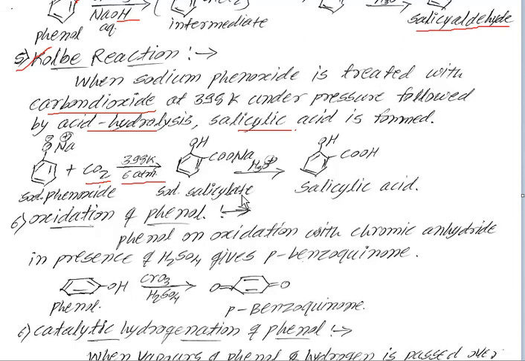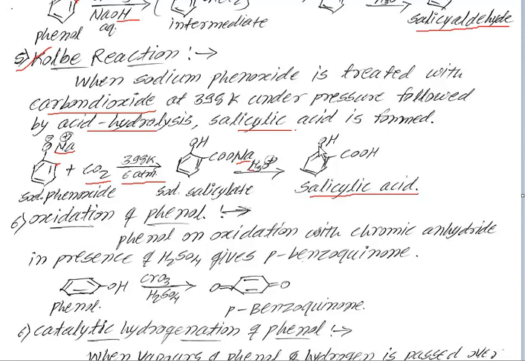sodium salicylate. The CO2 group directly replaces the hydrogen atom of the benzene ring. Then we get COO, and the removed hydrogen is replaced by the sodium atom, and the sodium atom combines with the CO2 group, giving COONa. On acidification, the replacement of that Na by one hydrogen atom from H3O gives salicylic acid.